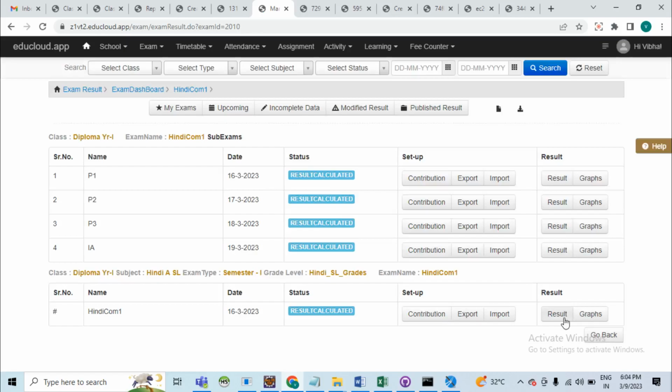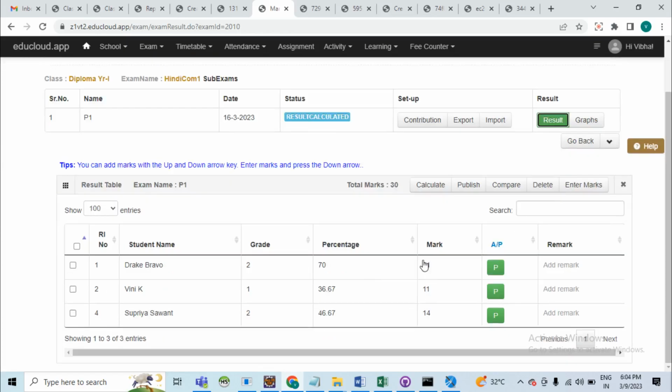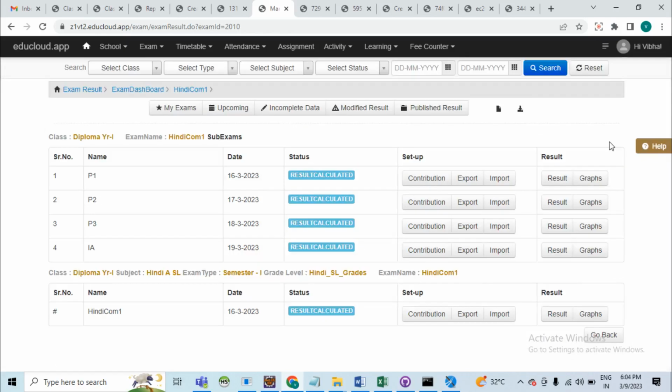So if I click on paper 1, I can make the data entry and just click on calculate, and the percentage for paper 1 is shown. Similarly for paper 2, paper 3 and IA. And now if I just click on the final exam, this is Hindi 1,